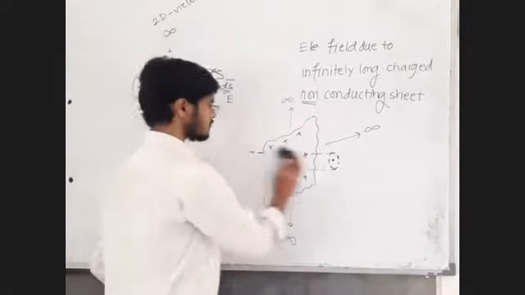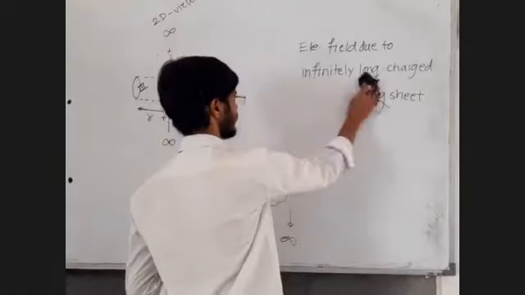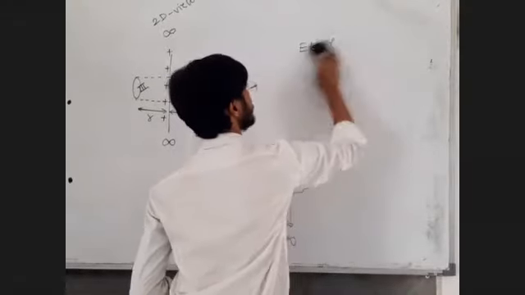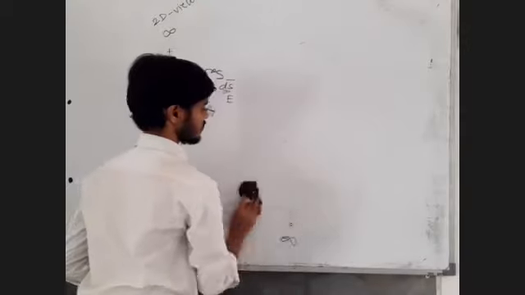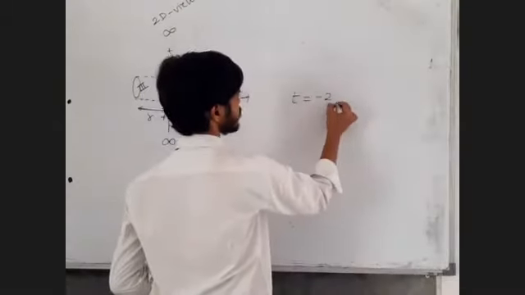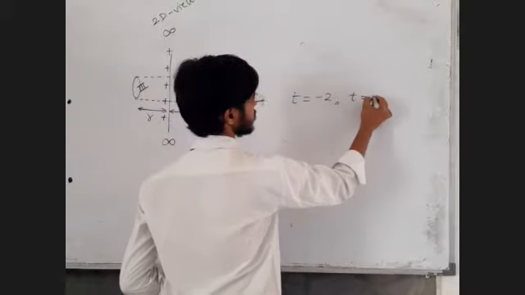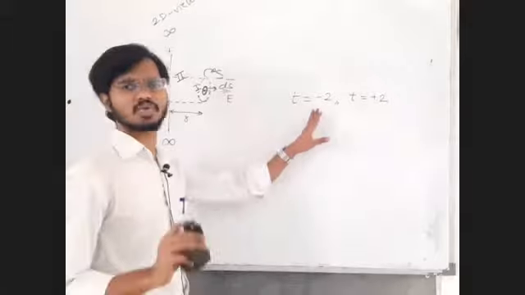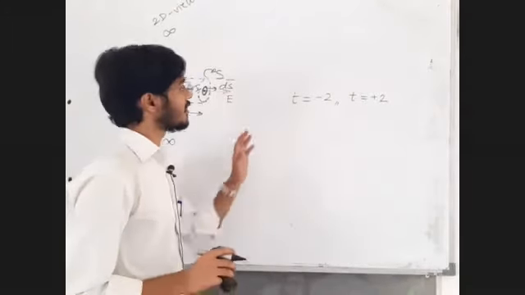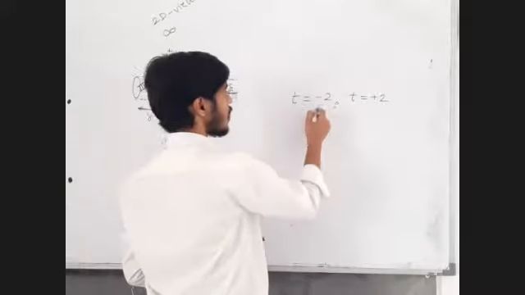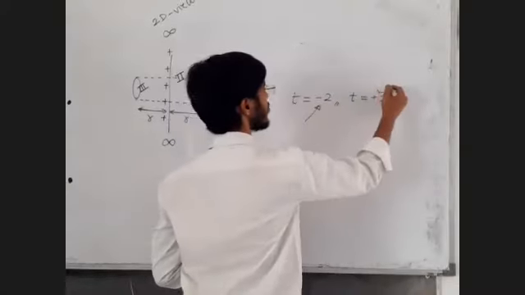Otherwise, only by observing the numbers, for example time values: one value of time comes as -2, and one value of time comes as +2. What does that mean? Only by observing the number, you should not directly write the answer. Try to extract the meaning. Sir, time cannot be negative, so we are choosing this value.